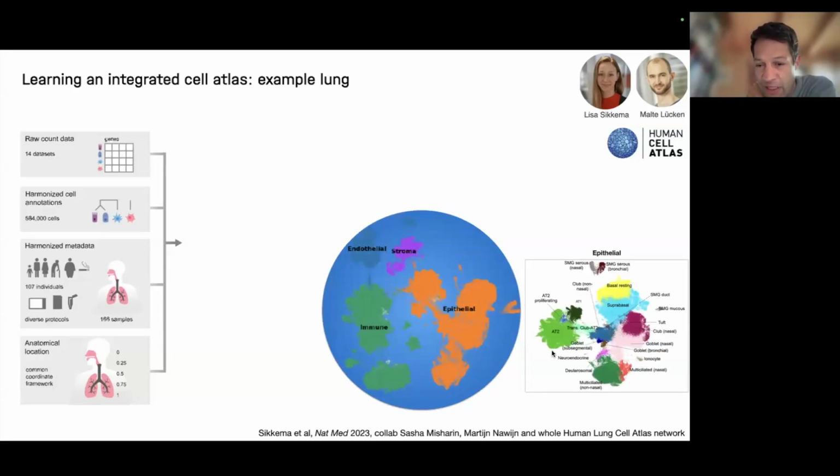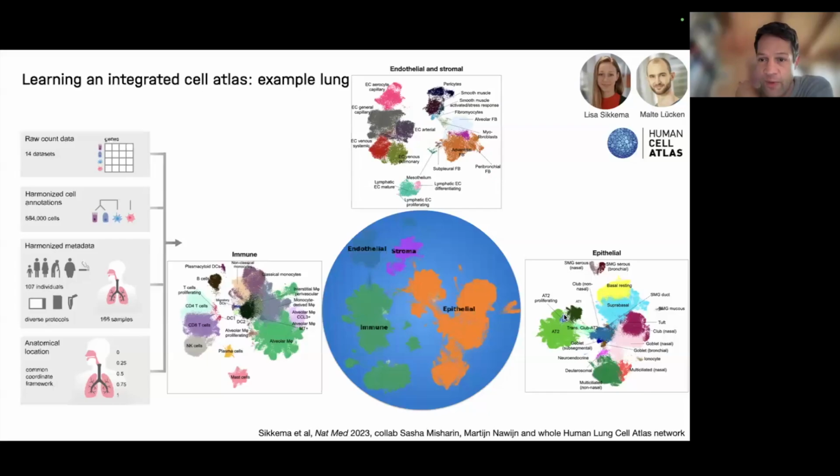Bit of a standard joke that I do, but then if you zoom in, you get all this additional information that you can now use to annotate your next data set, to find information that's coming from this big community. And this is what we deliver in the Human Cell Atlas. So you have this big background thing. But what you can now do is map disease on top of this.